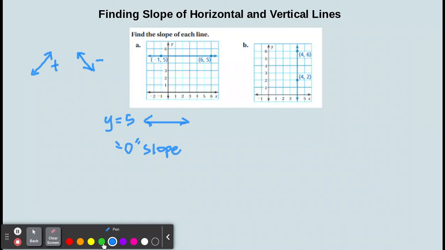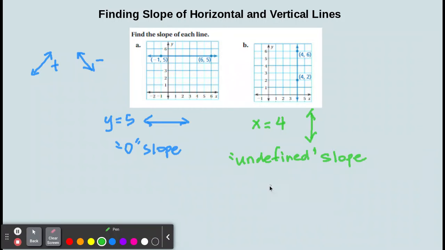Now on this one here, this is a vertical line. For our vertical line, we don't care what y value we have, but we do care that we must always have an x value of 4. Remember, it looks like this. So for this one, our line looks like this. We have a positive slope, negative slope, a 0 slope. This one is actually called undefined slope,